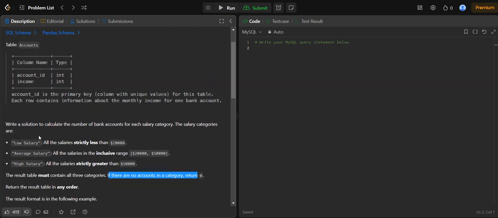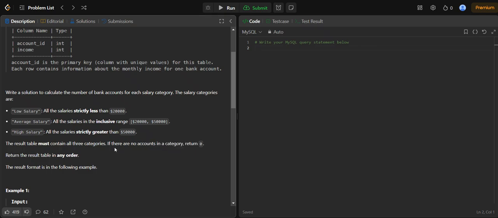Because we can easily make these categories using a case when statement. And if I put this part in a count function, then I can get the resultant table. That is, for each category, what is the count. I can do a group by and easily solve the question. But because of this condition, this becomes a little bit difficult, because there might be a situation where there is